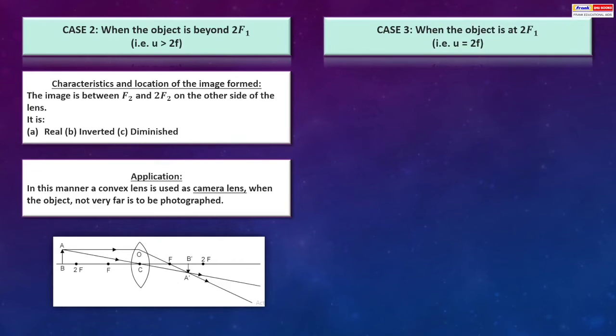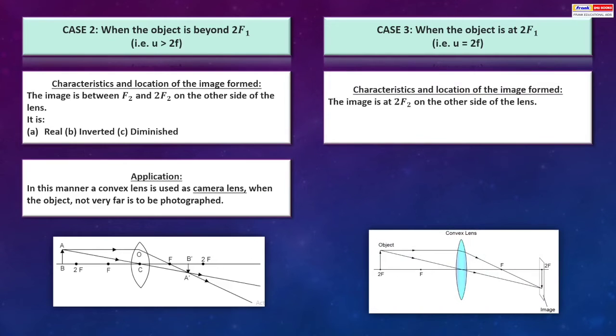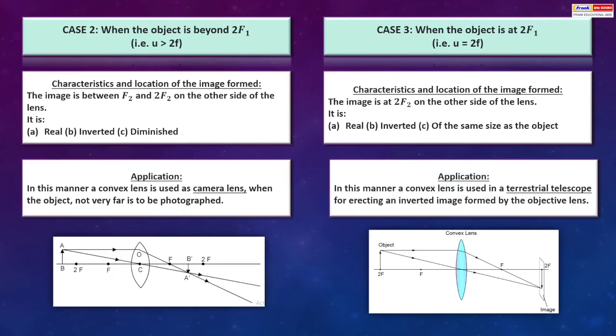When the object is at 2F1, that is, u is equal to 2f. Characteristics and location of the image formed. The image is at 2F2 on the other side of the lens. It is real, inverted, and of the same size as the object. Application. In this manner, a convex lens is used in a terrestrial telescope for erecting an inverted image formed by